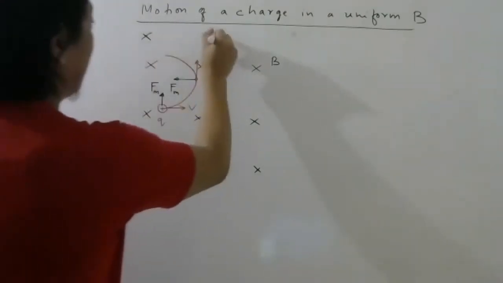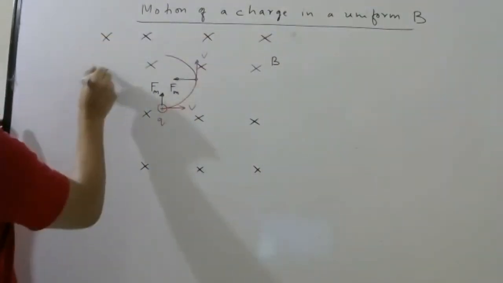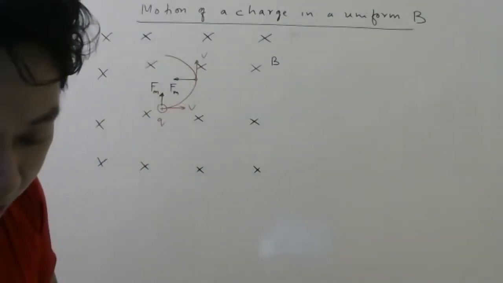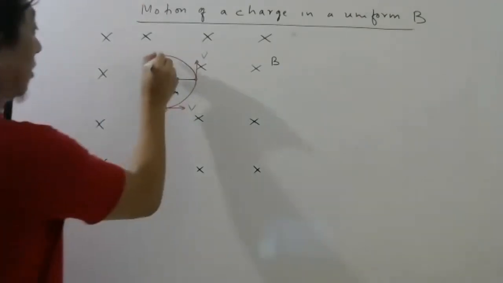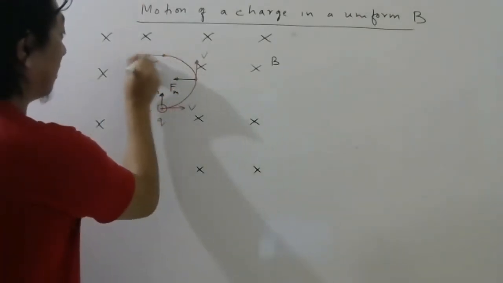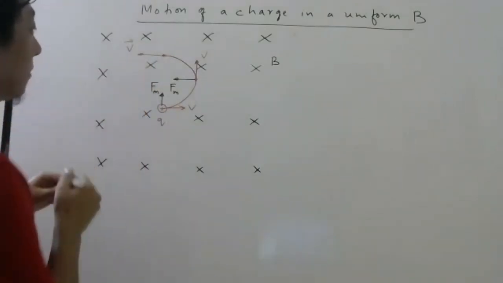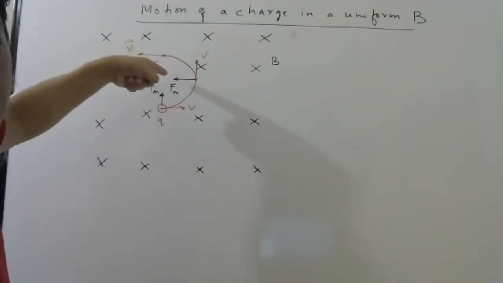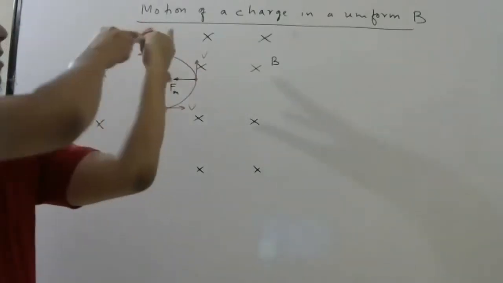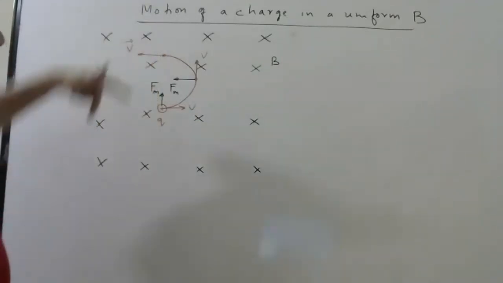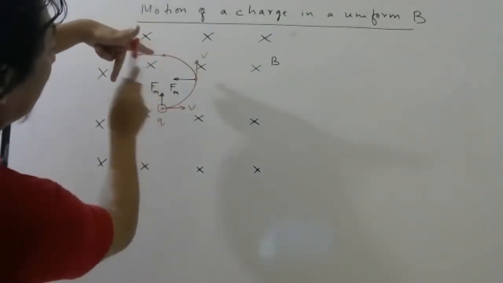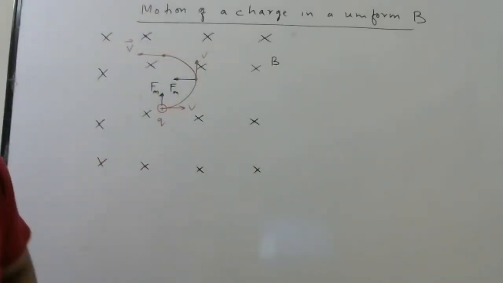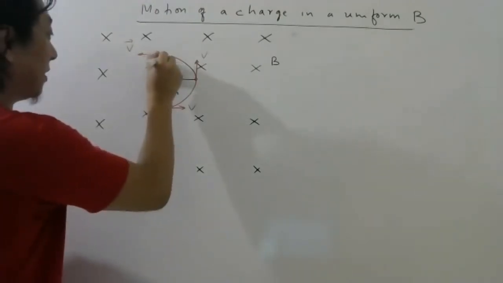Everywhere there is magnetic field. Now, here when it reaches, its velocity vector will be along the tangent. Where will be the force now? Magnetic field is inside the board only, but motion is this side. So force will be down now, right? You can check. Magnetic field is here. This is motion here. So force will be down. So magnetic force will be down.